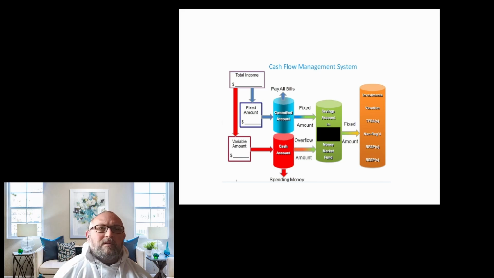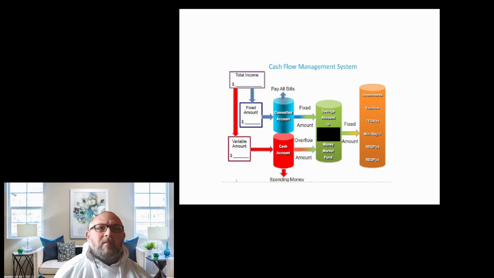And so how this breaks down is you take your fixed amount and then you pay all your bills, as it says, you go into an account, and then your fixed amount goes into this money market fund, and then you can divvy it up there. The money market fund was just an extra step kind of to control or manage more money for a client, so you had more things coming in as an advisor. You can kind of skip that and use a savings account, but a money market fund is not terrible. It just takes an extra day to get it out or so.